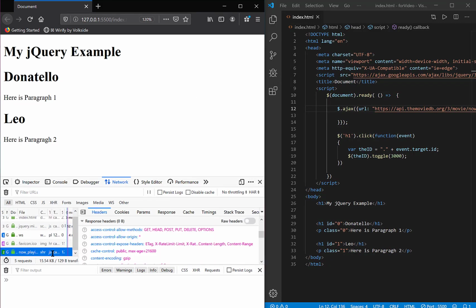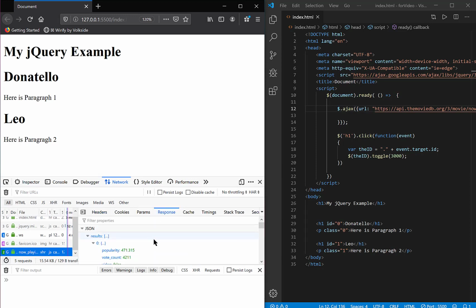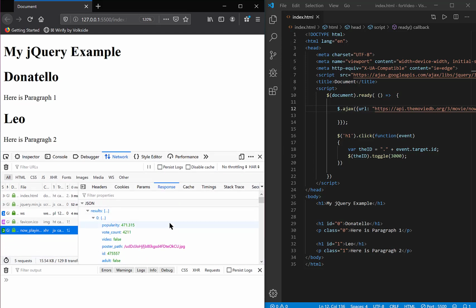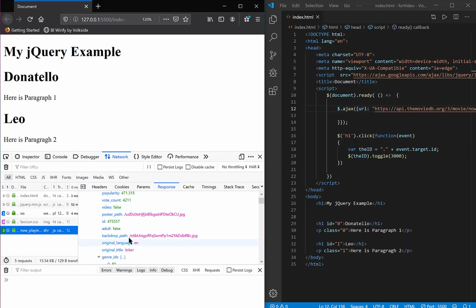And when I click on it, I'm going to look at response, and I should see again that response. So now I know I got the data from the movies DB and it has been returned to me. And so I can see that results again of 0. See my array numbers here. So results of 0. And then if I scroll down, I have access to all of these properties and original